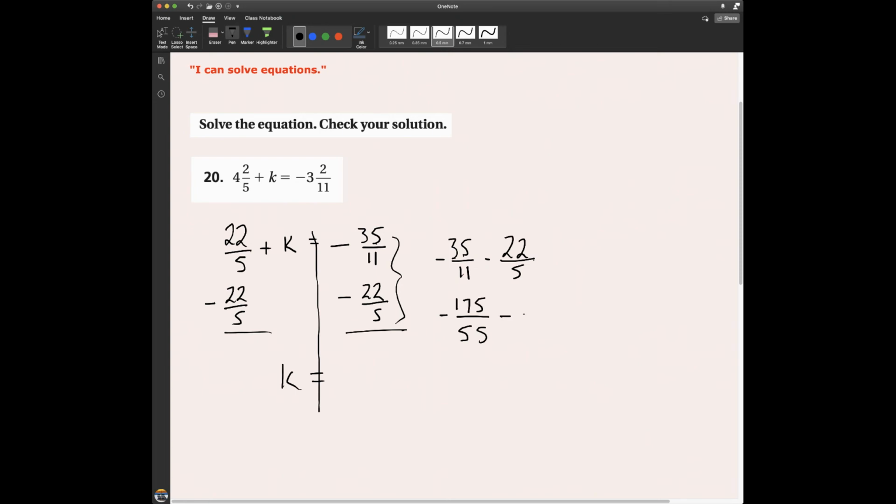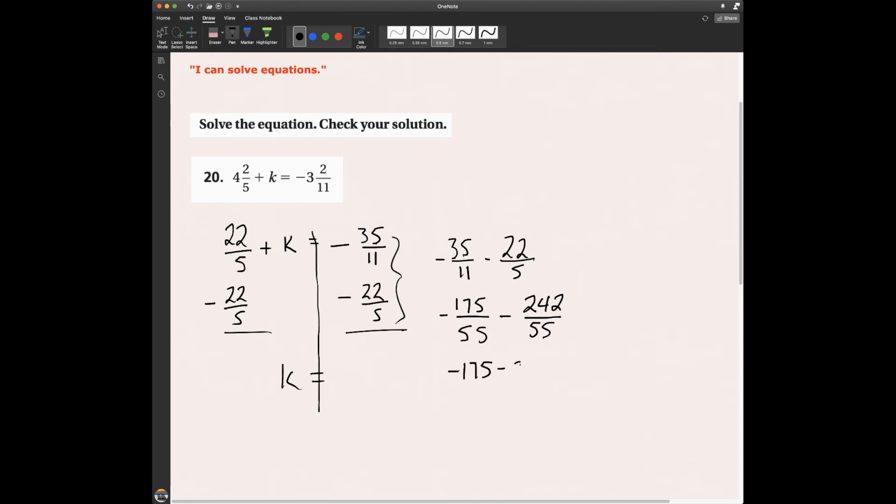175 minus, to go from 5 to 55, I have to multiply by 11. So 22 times 11, I think that's 242. I just checked it. It is 242. Someday I'll show you a quick way to multiply numbers by 11, but I don't have time right now. All right, anyway, we have a common denominator,